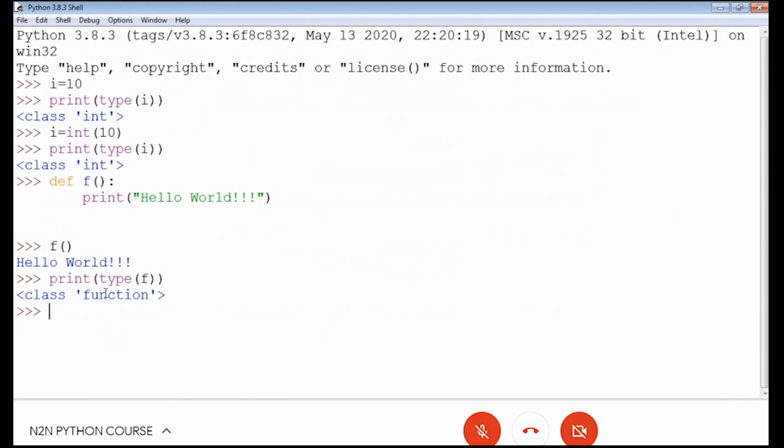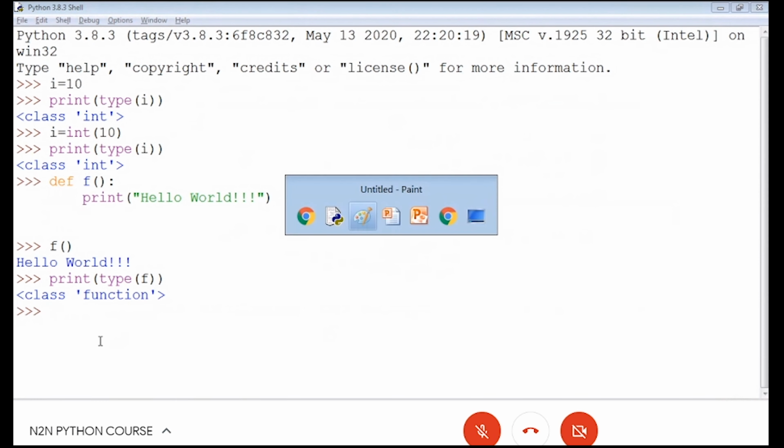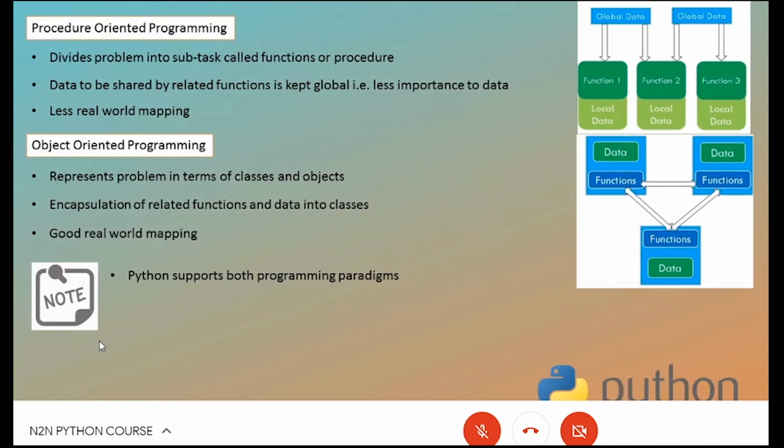This is also internally getting converted into an object. Means there is a class with the name function. So what I am trying to insist, is it clear to you, that in Python, everything is an object.